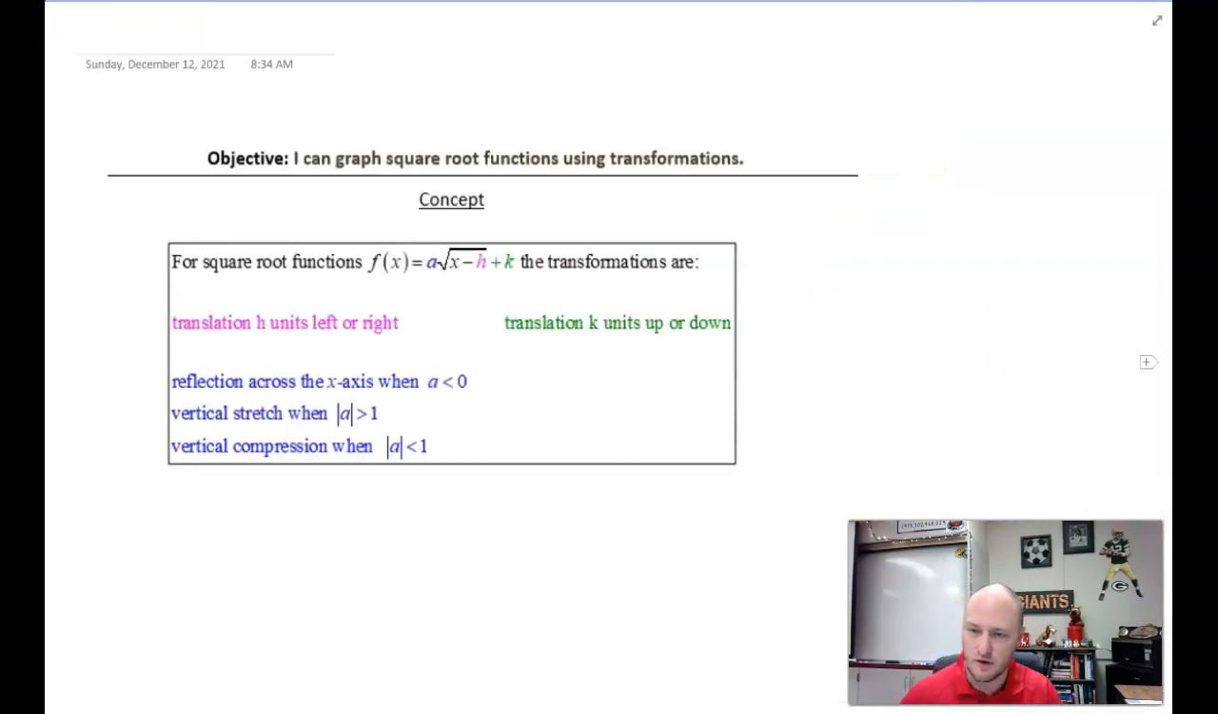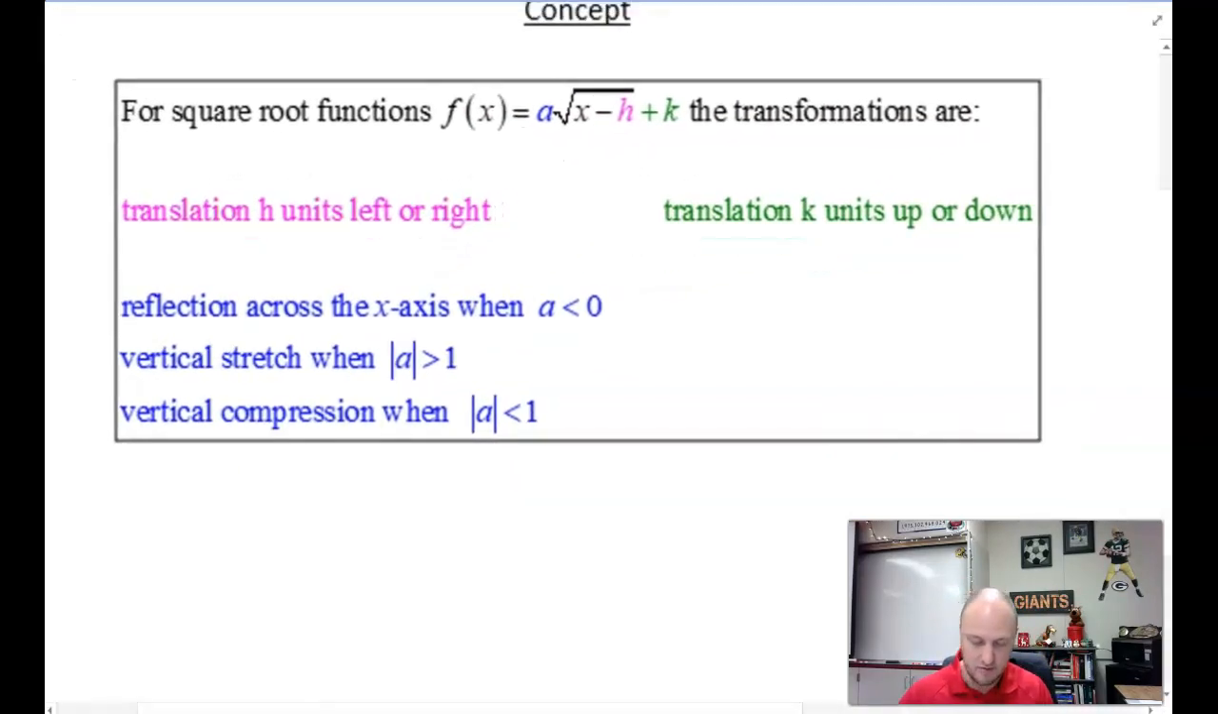If not, don't worry, I'll bring up the general form for square root functions, highlighting the transformations. So again, a is a multiplier out front, and what a does is it causes stretch or compression. And just to give you a